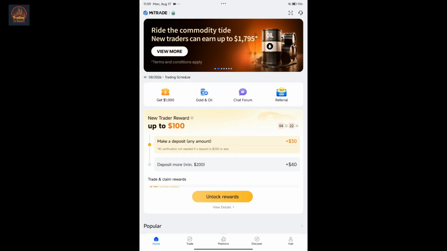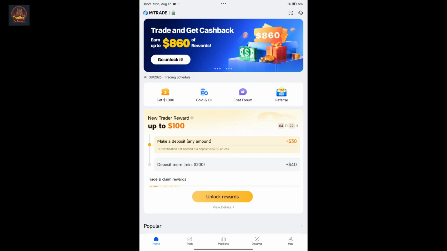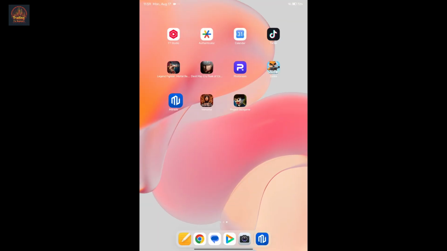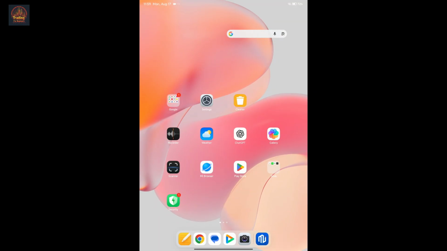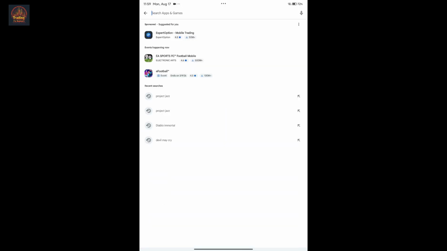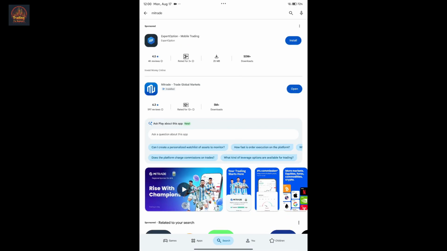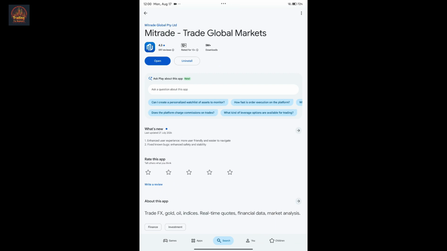If you're using Mitrade and want to update the app to the latest version, then firstly, open up Google Play Store for your Android. For your iOS, open up your App Store. Now go to the search button and in the search bar type in Mitrade. Now from the search results, look for the Mitrade application, tap on it, and in the info section, look for